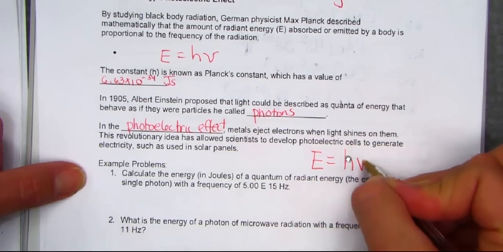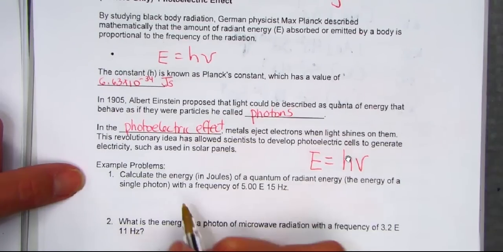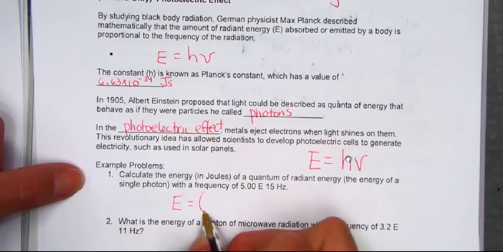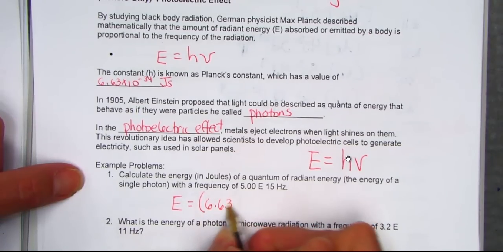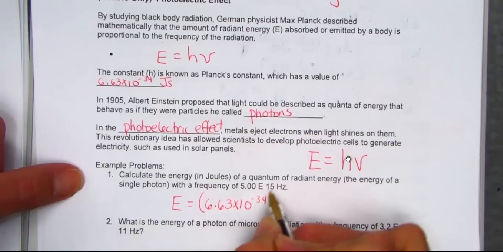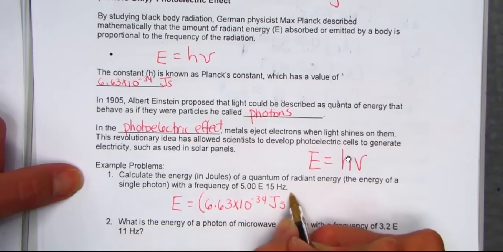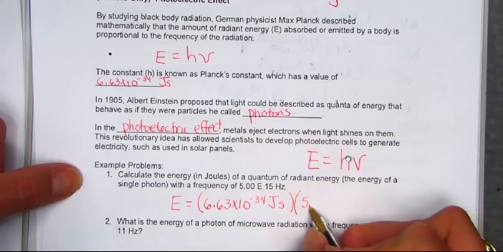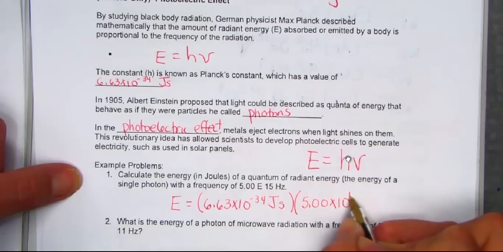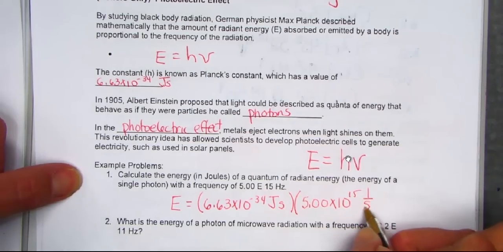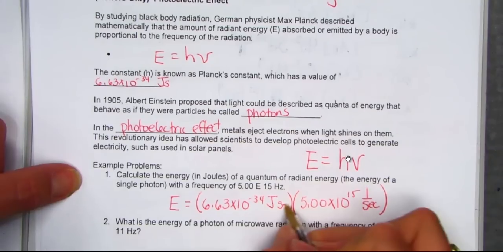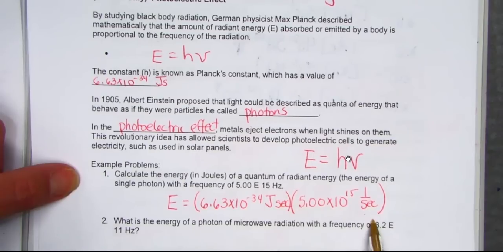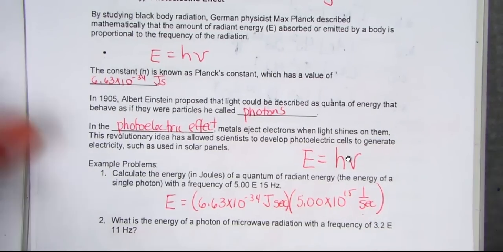We'll take Planck's constant and simply multiply it by our frequency. The energy in joules is equal to Planck's constant, 6.63 times 10 to the negative 34 joules times seconds, times the frequency of 5.00 times 10 to the 15th hertz, or per seconds. Notice how seconds cancel. When I multiply those two numbers together, seconds cancel and we're left with joules of